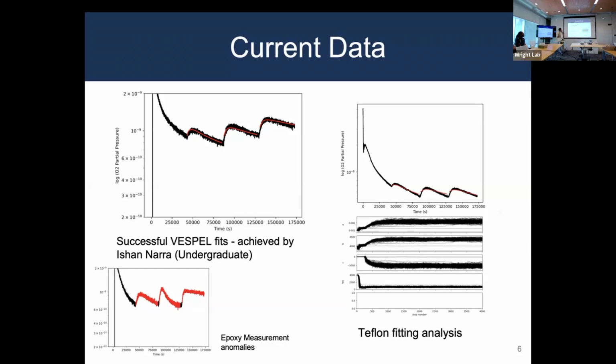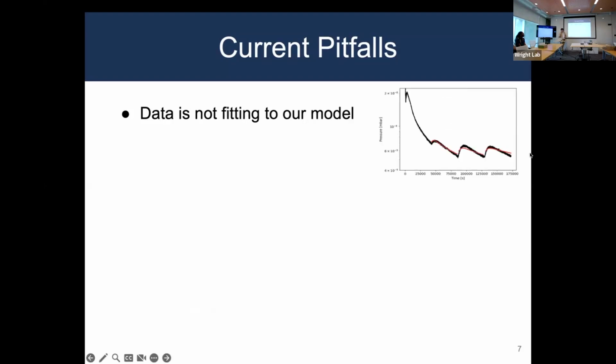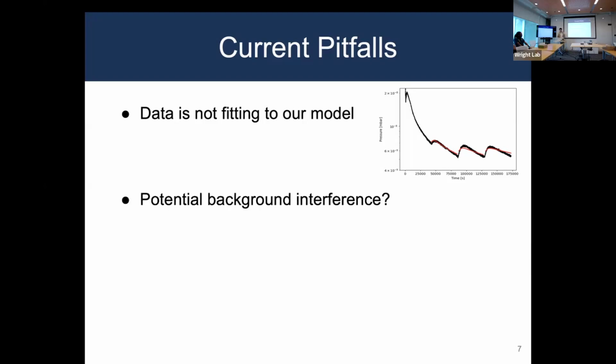So getting into why these fits may not be working is what I've been doing for the majority of the summer. Our data is not fit well by the model, so you can see the red line is our model. It's supposed to be fit to parameters using the Monte Carlo chain and other fitting analysis too, like a chi-square test or a minimized chi-square. We also use these to fit, and we are not getting as nice a fit as we want to see.